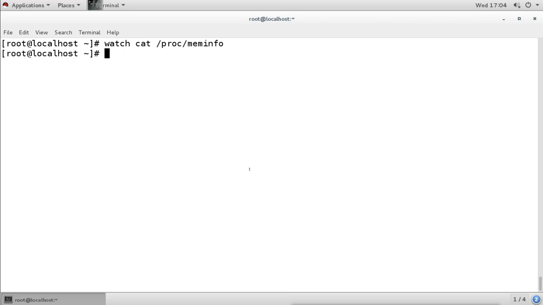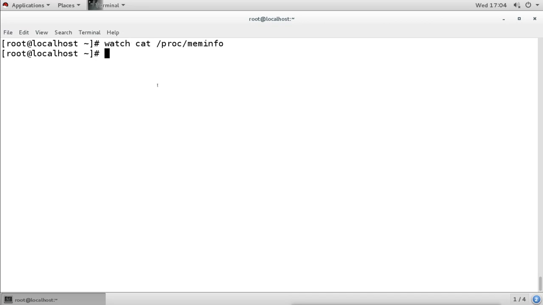When you see the file meminfo, it will show you the information about the memory, and we use the cat command to see that information. But if you want to run the cat command again and again at short intervals, then we can use the watch command. We can use it with any other command which we want to run. The command we give will run after every 2 seconds.